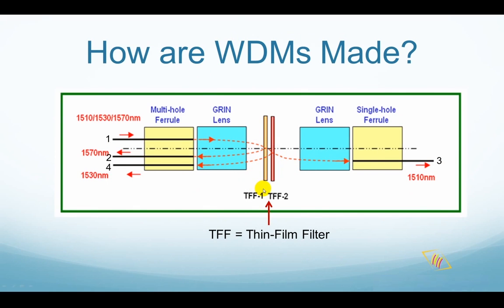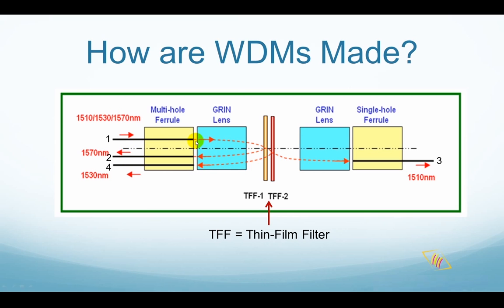This picture shows a 3-channel WDM device based on thin film filters. Thin film filters are a piece of flat surface glass with optical coatings on it. The optical coatings are designed to pass and reflect certain colored lights. This is a de-multiplexing WDM device, which means that it separates combined colored lights from a single fiber into separate